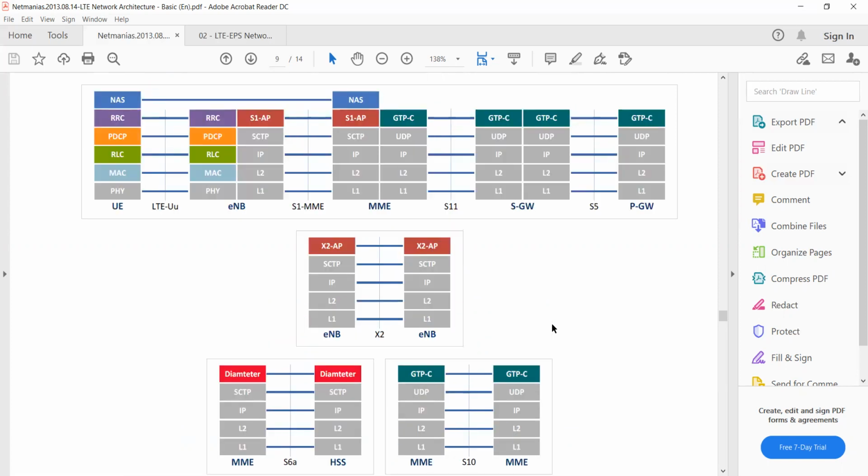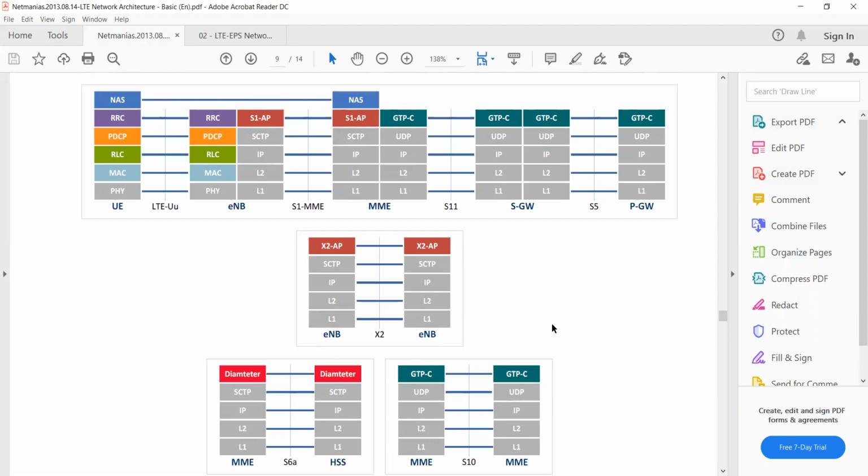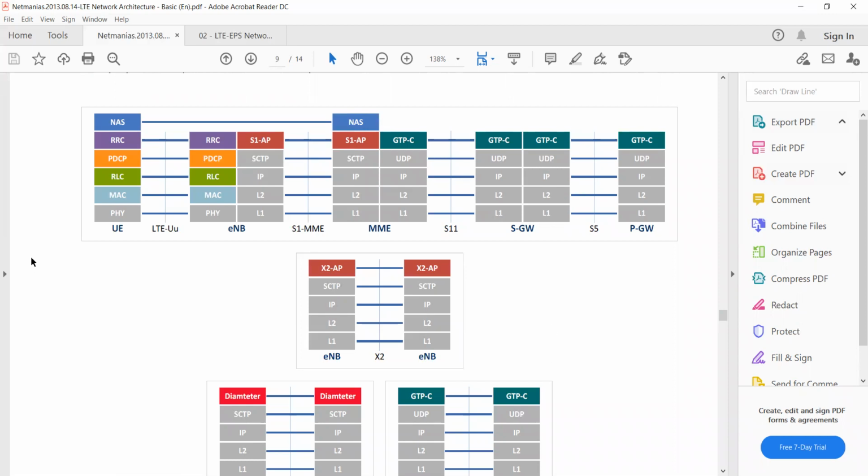If you know the UE stack, eNB stack, MME stack, and HSS stack, then we can draw easily. UE has different layers. The eNode B has two kinds of stacks, because on one side it is interacting with the UE and on the other side it is interacting with the MME, with different internal layers. You can see here, so eNode B is fine.